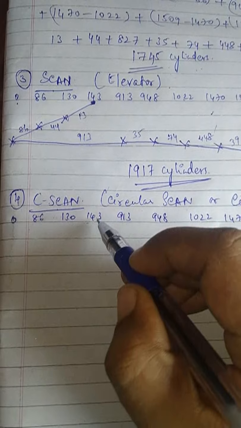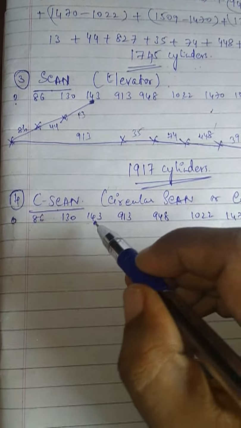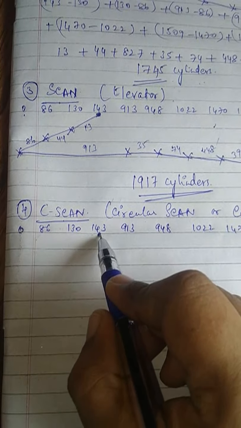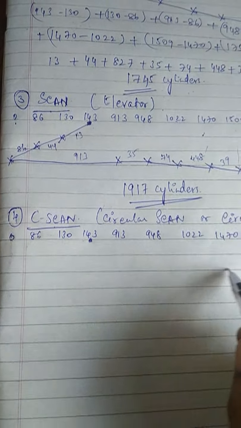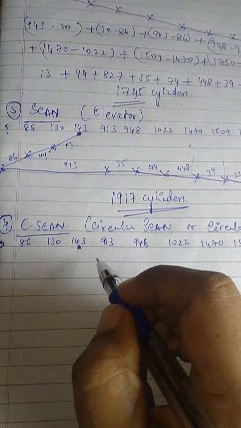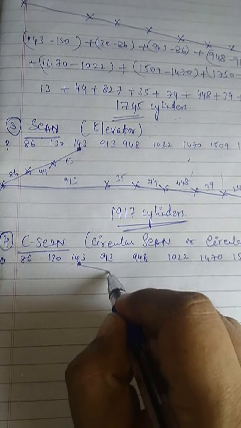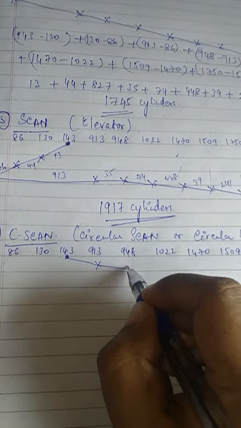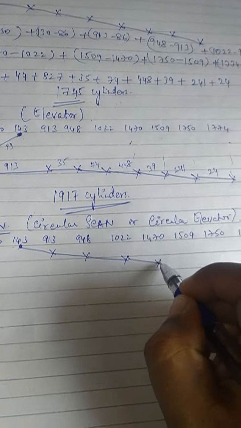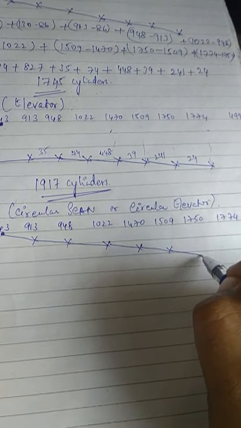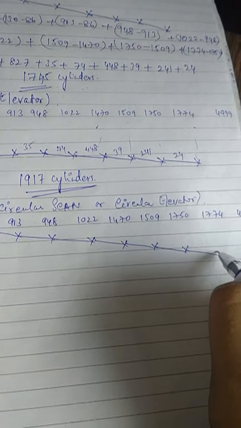Here we will go to circular. So again starting from the current read write head position. In scan we moved this way. In circular scan we will be moving in this direction. So move in a particular direction, service all the requests on the way. Wherever a request is coming in, you are going to service it.